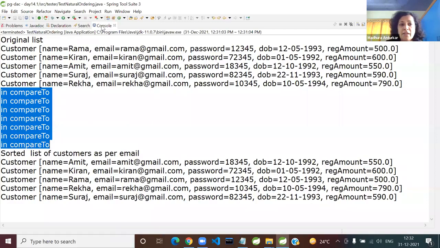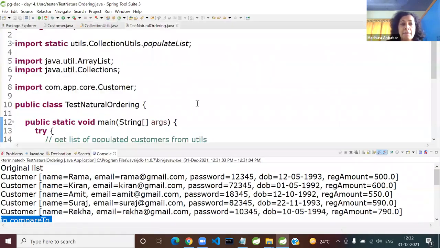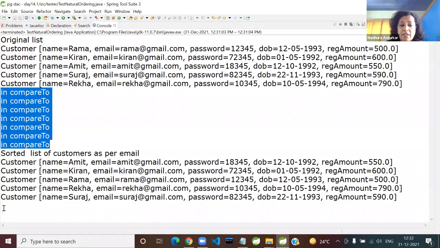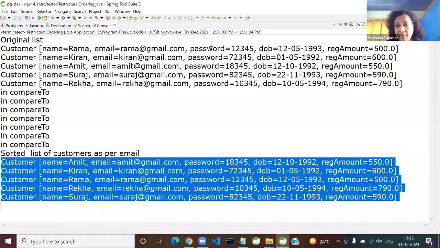I'll send you this code in case somebody did not complete it. What I'll do is ask you a question and then make a zip of the project and send it to you, because it becomes easier then. Here, are we seeing the details output in an ascending manner or a descending manner of email ID? A or D?